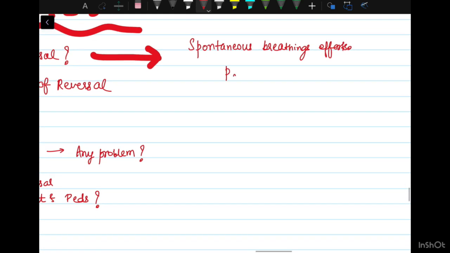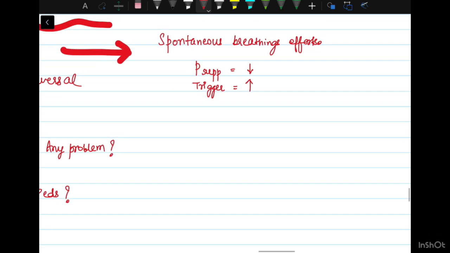So what you will do, you will put the patient on pressure support, you will keep on reducing the pressure support, and you will try to increase the trigger. Slowly and gradually, you will reduce the pressure support till 8. This is the most common scenario that I'm talking about, and the trigger comes to 3. Usually you can try to attempt